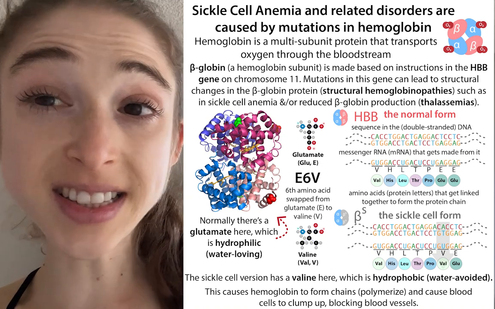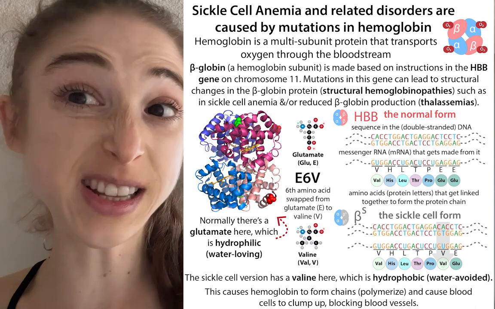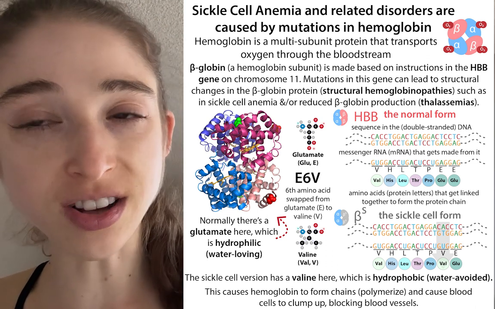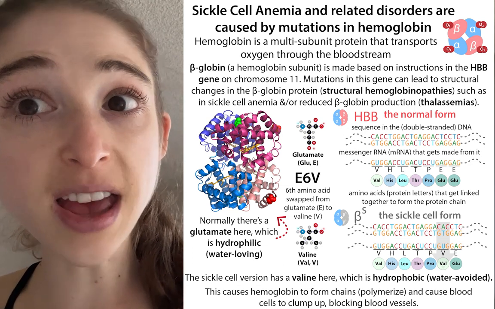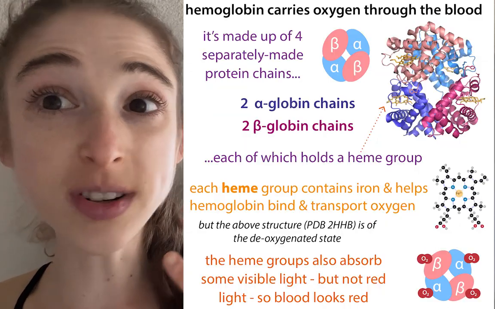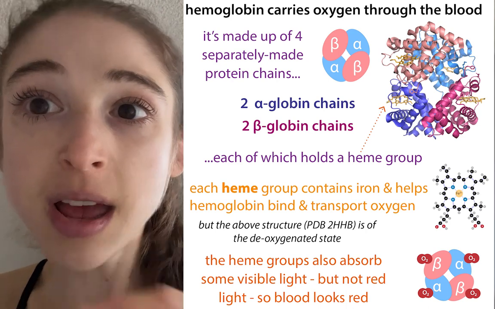Sickle cell anemia is a disease that's caused by a mutation in one of the genes encoding, or basically with the instructions for making, hemoglobin, the protein that transports oxygen throughout our blood. More specifically, sickle cell anemia involves a mutation in the beta chain. So hemoglobin has 4 subunits, 2 alpha and 2 beta, and they kind of work as a team in this